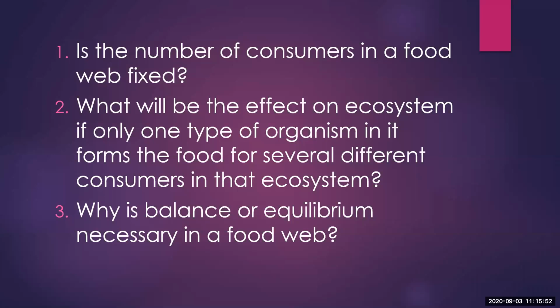The number of deer, those are secondary consumers, will increase, and their population will remain uncontrolled, resulting in overgrazing. Overgrazing means the grass has been eaten up in a larger amount. So there is a total destruction of the grassland. Such consequences are harmful for any kind of ecosystem. Therefore, a balance or equilibrium is necessary in a food web. The balance and equilibrium in any kind of ecosystem is very important.